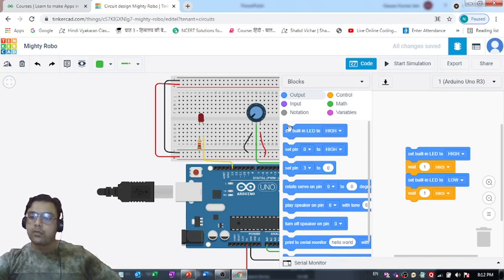Okay, so anonymous, hi dear. Yes, if you want to know about the working, you can check the very first tutorial, in which I have explained everything related to the basics of Tinkercad. It will then be easier for you to understand all these things which I'm doing right now. Until and unless the basics are clear to you, you will not be able to understand these advanced things here. So I would suggest you check out the basic things which I have explained in the very first tutorial. After that you can check these lectures,